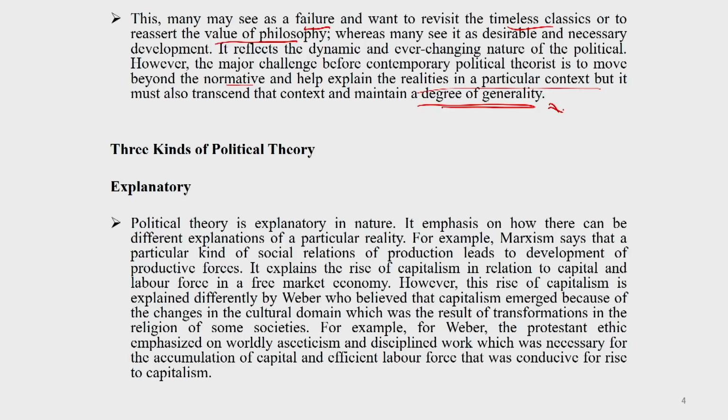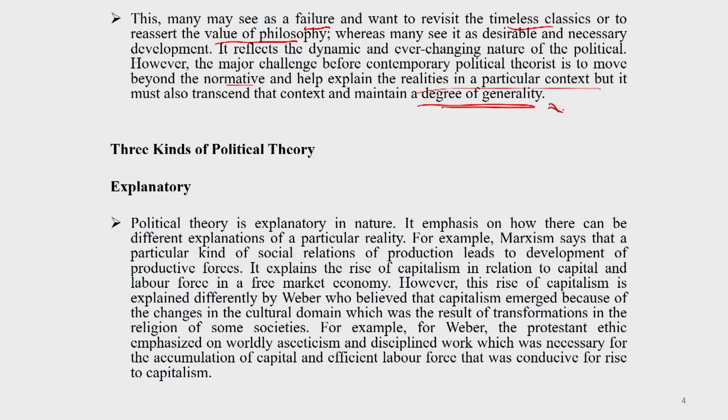So, the challenge for any contemporary political theorist is to move away from the normative concern to a discipline which helps explain the context, but also must transcend that context and maintain a degree of generality which then can be used to explain other societies and politics in other communities or states or societies